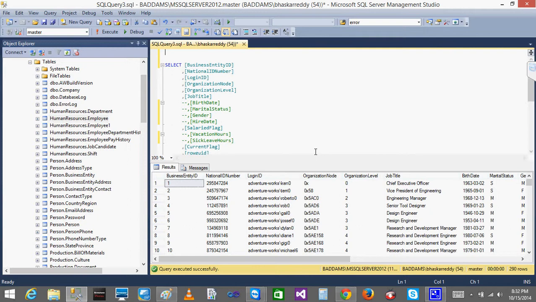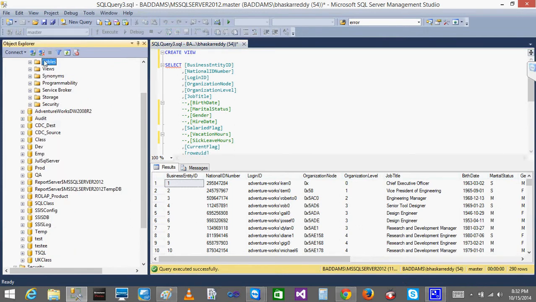How to create a view? Create view. Since I commented those columns, they will not be shown. Generally in the system, when I close this, there are tables and views, right? For every system we create different objects. Creating a view is an object, creating an index is an object, creating a trigger is an object. Even if you create a table, that is also an object. So tables, views, indexes, triggers are all objects.